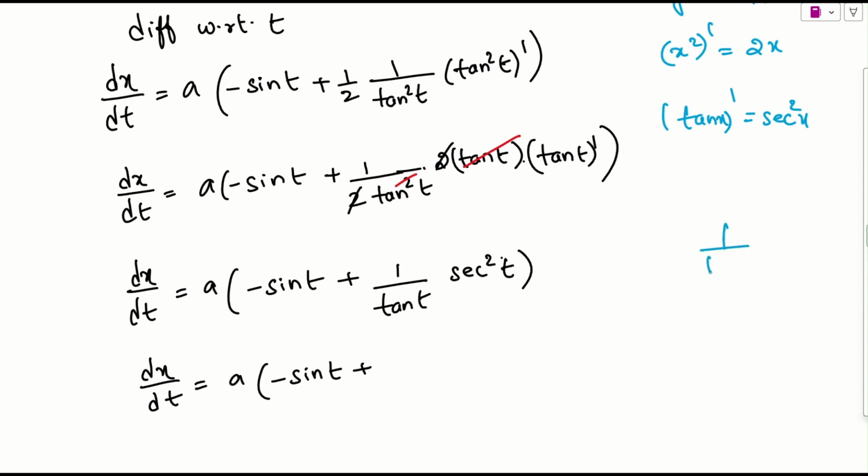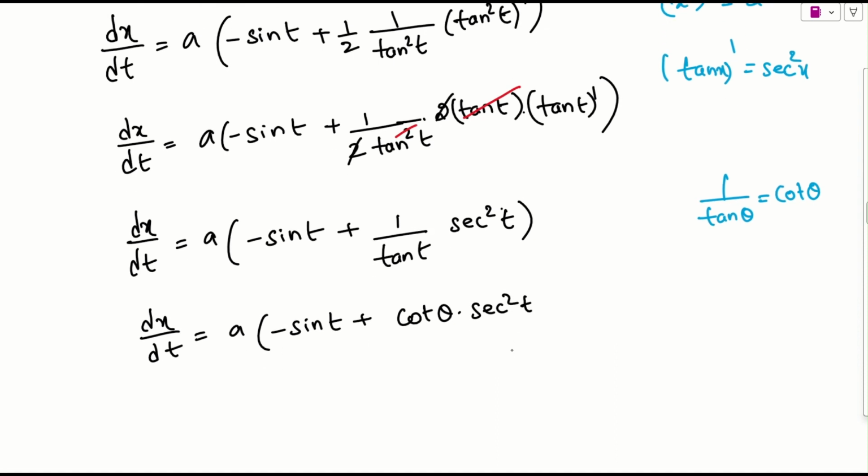Let me write it down. We know that 1 by tan will be what? This is simply cot theta. Is it okay? So I'll write it as a cot theta. And this will be what? This is secant square t. Secant is nothing but what? 1 by cos square, we can say. Or if you want, let us simply keep the same thing as it is. Nothing to worry about it. What is this? This is t alone. Is it fine, right? Yes.